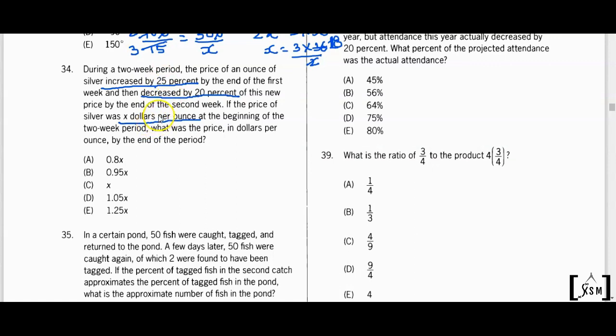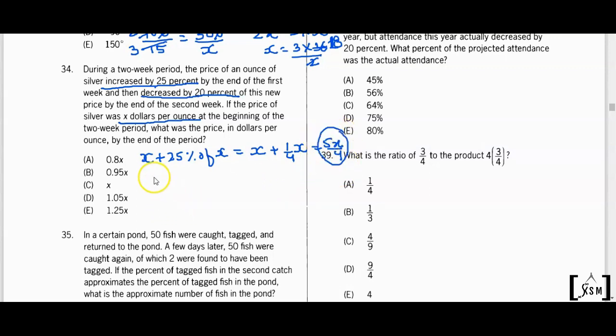So guys, we can do this question in two ways. First, I will explain the basic mathematical way and then we'll discuss the second method. Because the initial price is X dollars and first it increased by 25%, X plus 25% of X is the price after the first change. So we'll calculate X plus 25%, which means 1/4, right? So X plus 1/4 of X will give 5X over 4. This is the value after the first increase.